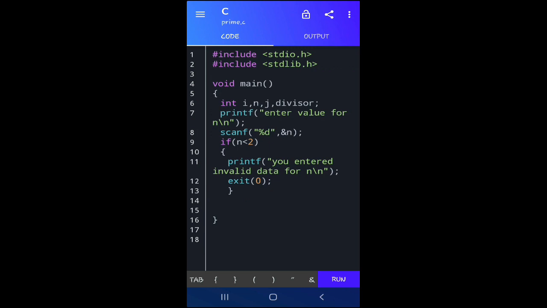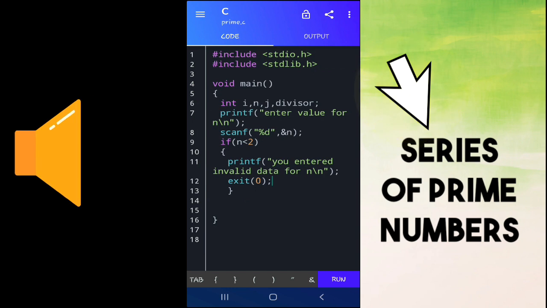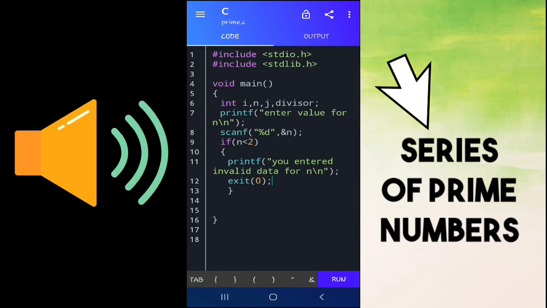Yes, welcome back to Kodai, and this is me, your friend again, back with a new concept to help you program, and that is to help you code to print the series of prime numbers. Of course, we have dealt with this concept in my previous video.